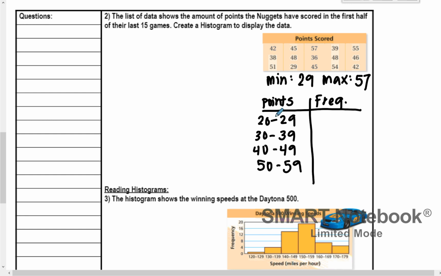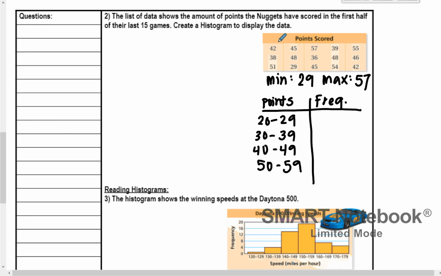You could have also counted by fives. 10 is usually a really good number to go for unless you don't have that many data values. But 10 is always the easiest, I believe. But you can always go by anything else as long as you're doing it correctly. There's really no wrong answer. There's better answers, but there's really no wrong answer other than counting by ones. That would be a bar graph. All right,